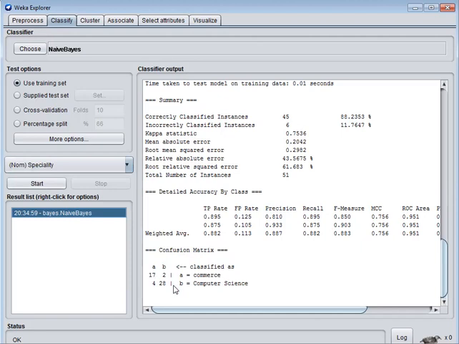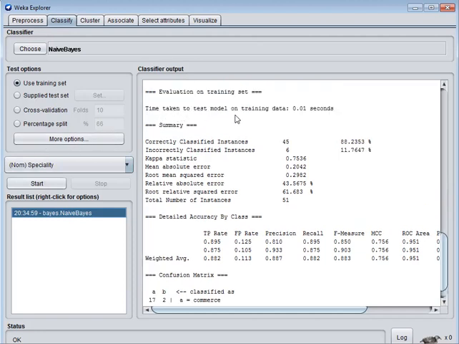In the commerce department, 17 students are classified correctly. In the computer science department, 28 instances are classified. So in the confusion matrix we take only the diagonal values for finding the correctly classified instances. The time taken to test the model is 0.01 seconds.